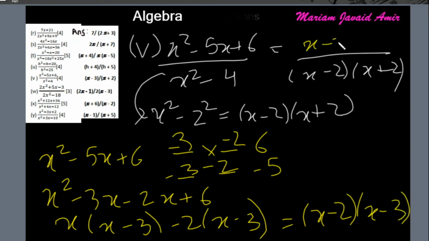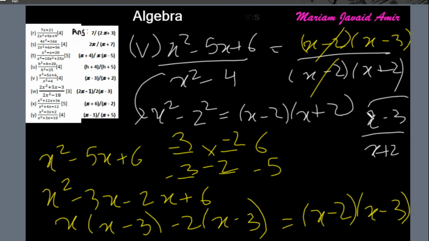So x minus 2, x minus 3 over x minus 2, x plus 2. The x minus 2 and x minus 2 get cancelled, and we get x minus 3 over x plus 2, which is the final answer for part V. Part W